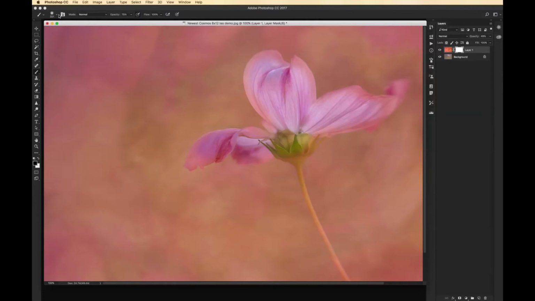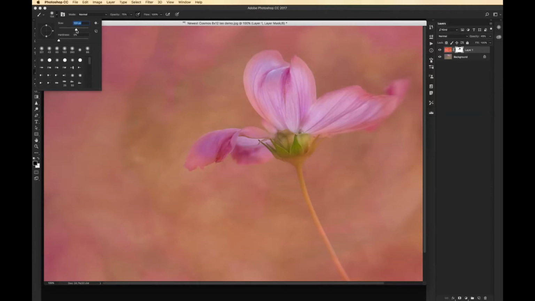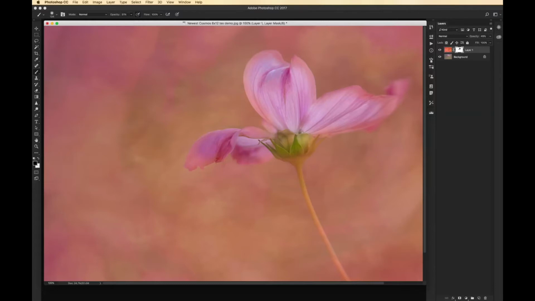Now I'm going to come down and I'll reduce the size of my brush. And I'm going to lessen the opacity as well. Now I'll go and do closer to the edge. Still not right on the very edge. I'll do that in even less opacity. And you'll notice I'm doing this at 100%. You want your subject really large on your screen so that you can get in close and be more accurate with your masking. Okay, now I'm going to go even smaller,